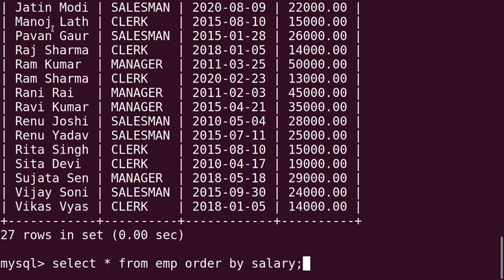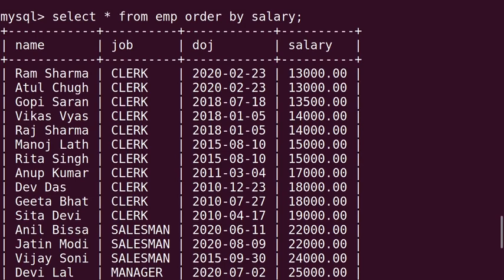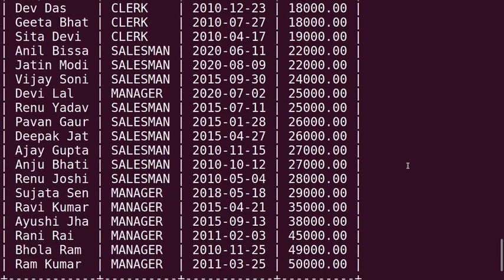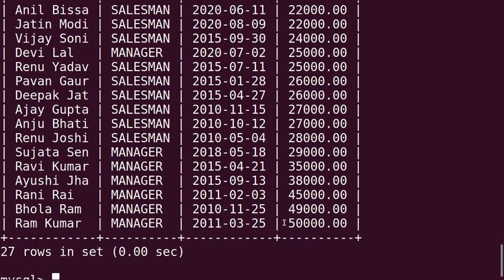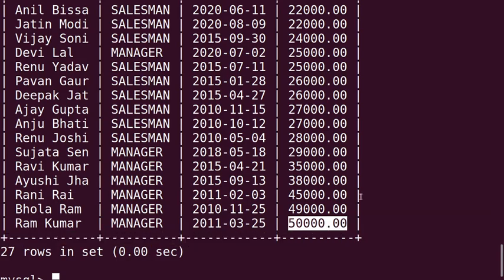Select star from EMP order by salary, then semicolon, press enter. If you see the output, first the lowest salary value 13,000 will come and last the highest salary value 50,000 will come.